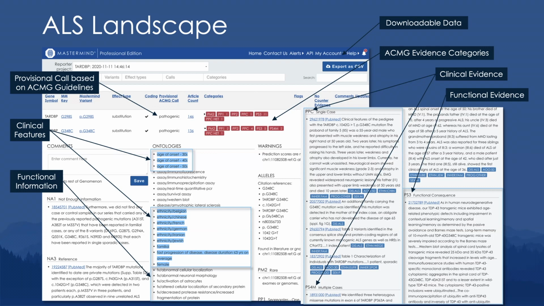There's an annotation of all of the clinical and functional features, as you can see there in the middle on the left. There's also categorized and enumerated evidence categories from the ACMG criteria in all of their associated rigorous guidelines and rules. And then there's very detailed and thoroughly annotated explication of the clinical and functional findings for each of those cases or functional studies.